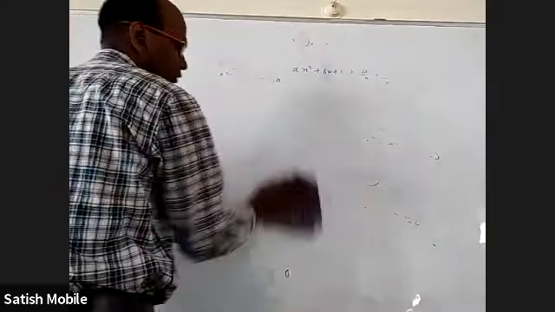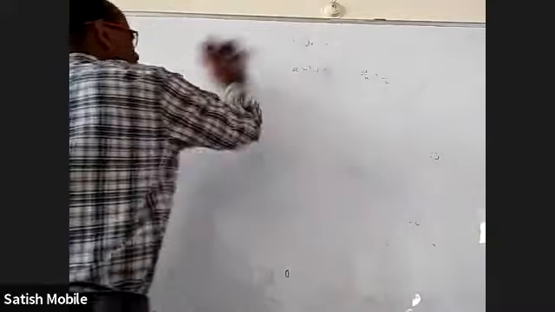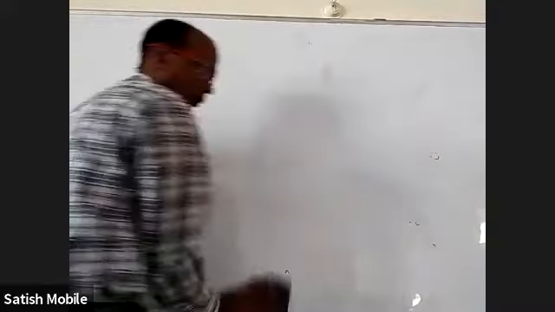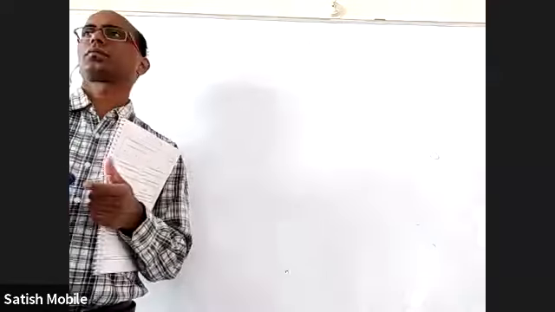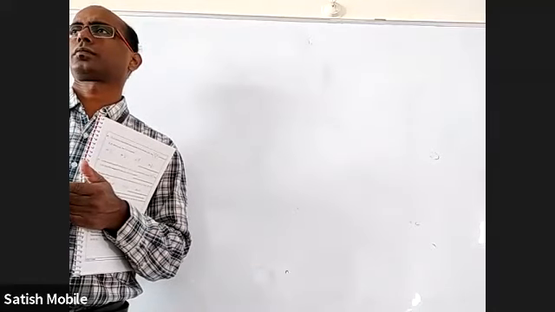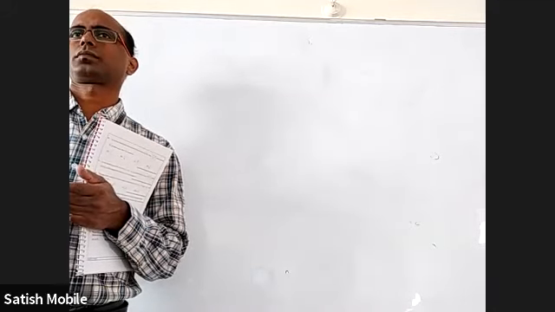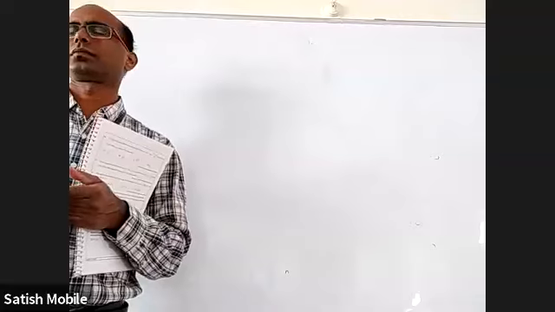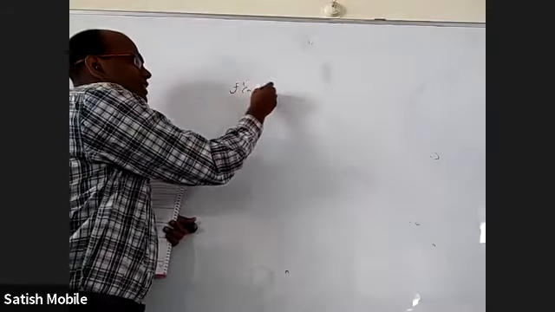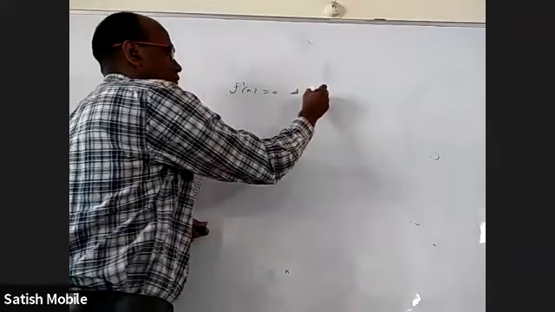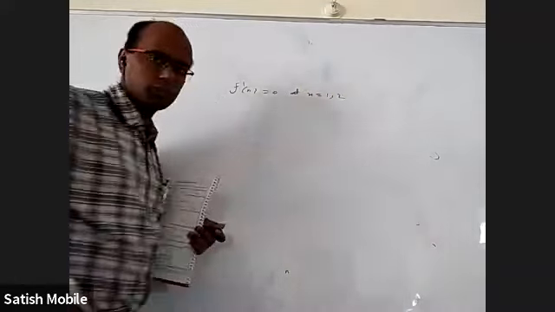Oh, for this previous question I want to tell one method. I forgot one more. It's okay, I'll tell it now. So in the previous one, another way to do the same question is: in the question they said f dash x equal to 0 at x equal to 1 and 2.